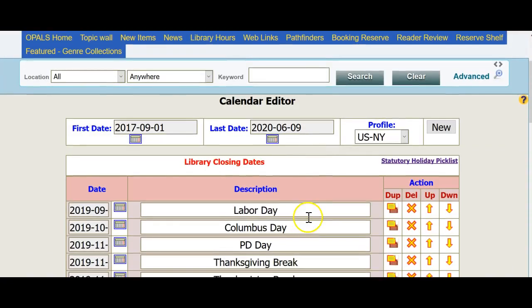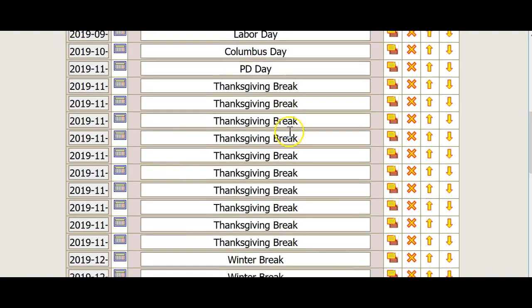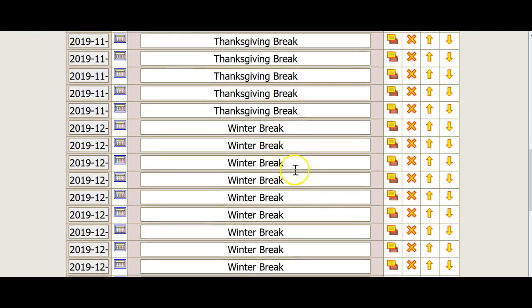So in review, I've made June 9th our last due date. Our last day of school is the 23rd, but I like 2 weeks to have all the books be coming in and get the library ready for next year. Then I added Labor Day, Columbus Day, and PD Day, and then for Thanksgiving break I put the first day in and I clicked the dupe key all the way through our Thanksgiving break,